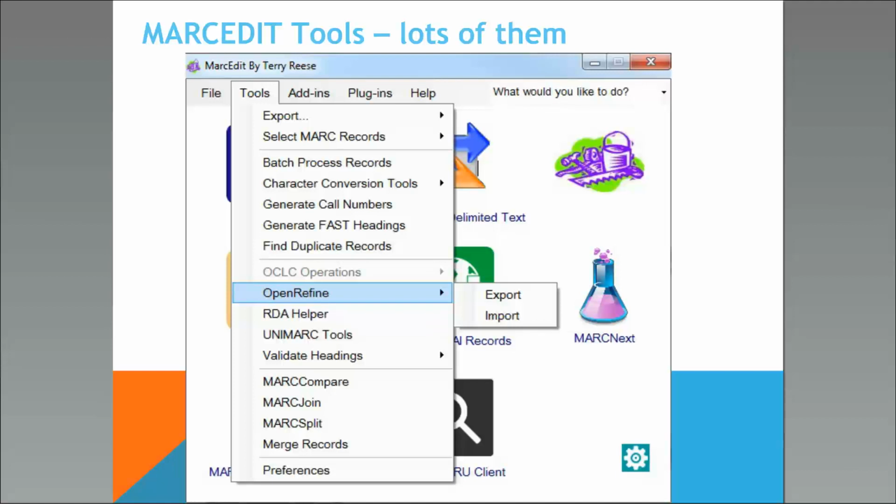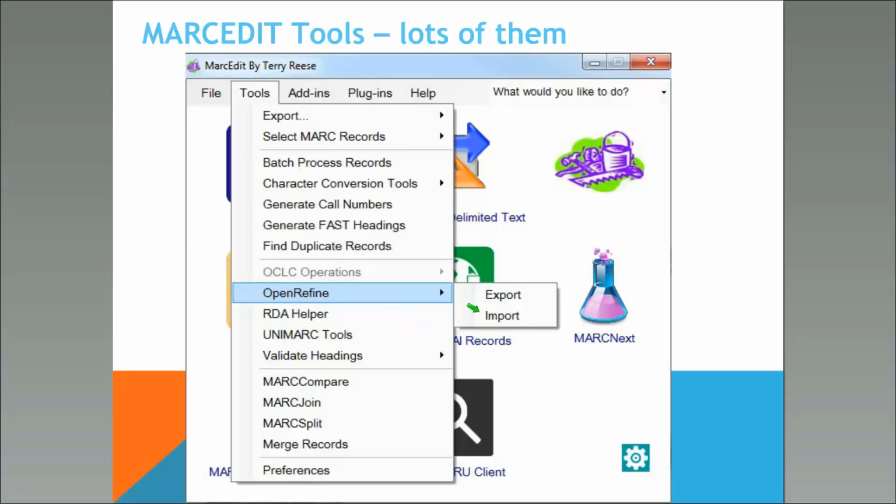Now, some of these tools, it's interesting because on the earlier versions of MarcEdit, and some of you may remember the big RDA Helper button, you see things that may be different. You can do some configuration, so yours may even look a little different. This is MarcEdit 6.3, just out of the box. I don't do a whole lot of customization to what I see here, but there are lots of tools,